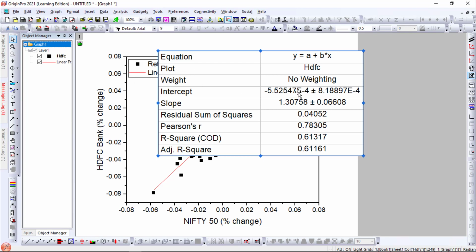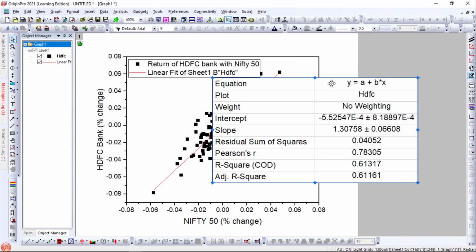Looking at the R square value, you can say that this plot is not very good, because if the R square value is close to 1, you can say that to some extent the plot is very good. Usually in engineering we don't do this kind of plot. I will show in another video some engineering analysis, and how to get a good fitting line through the data. We will do that in the coming videos.